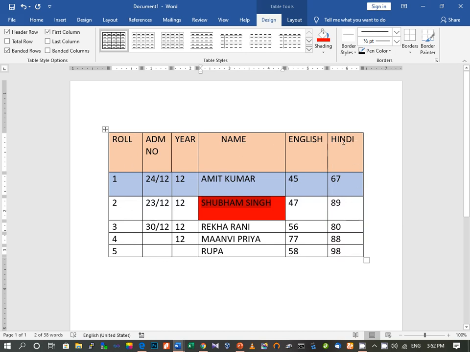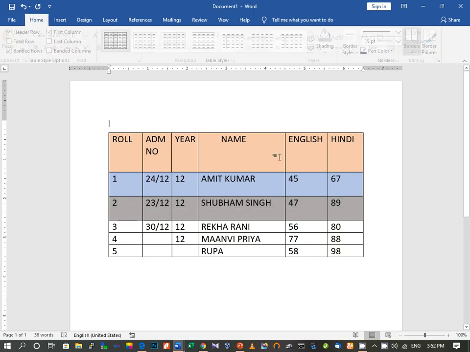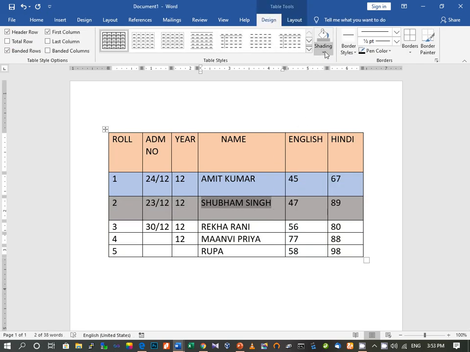So you can see all the borders are there, both on the rows and columns we have the borders. So this is how we can apply borders and shading to our table. If you want to highlight anyone, you can see that this has been made red.